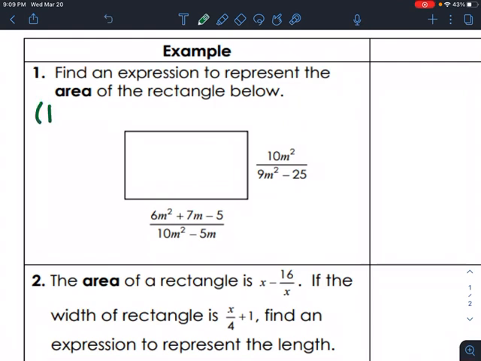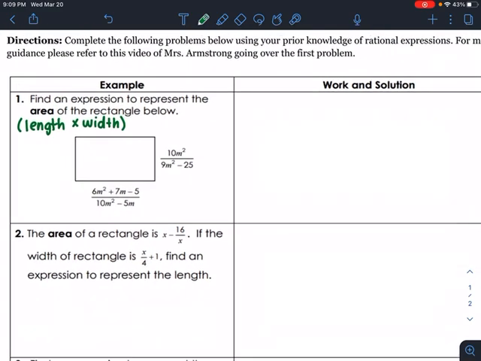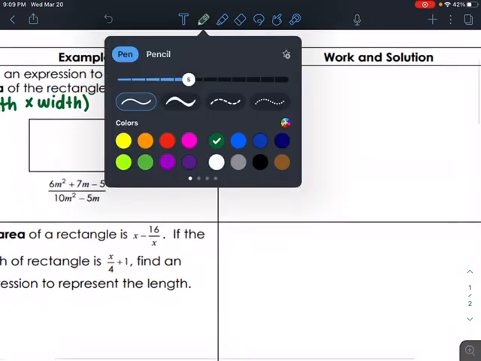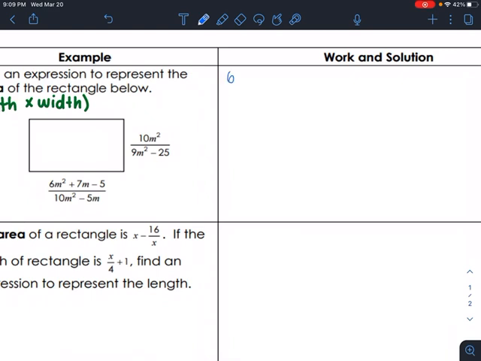Remember, area is always length times width, if you remember from geometry. So if we were to write an expression, we are going to write simply, 6m squared plus 7m minus 5 all over 10m squared minus 5m times 10m squared over 9m squared minus